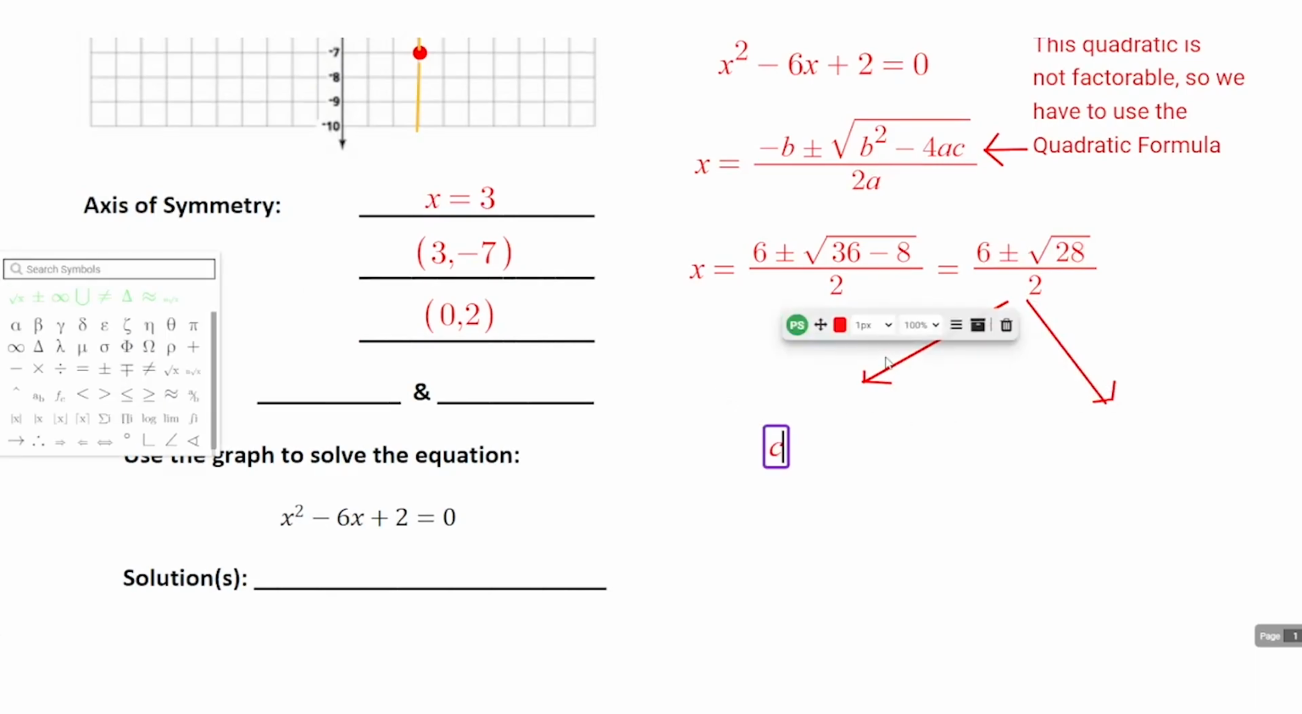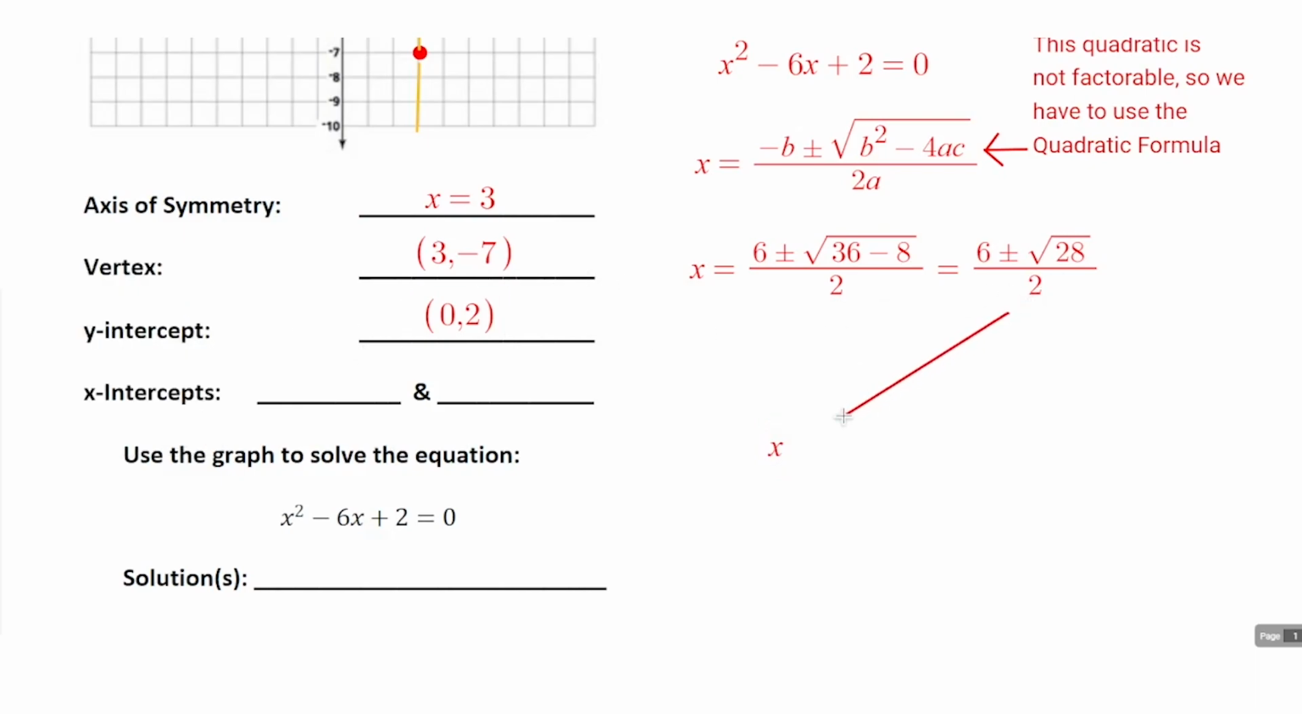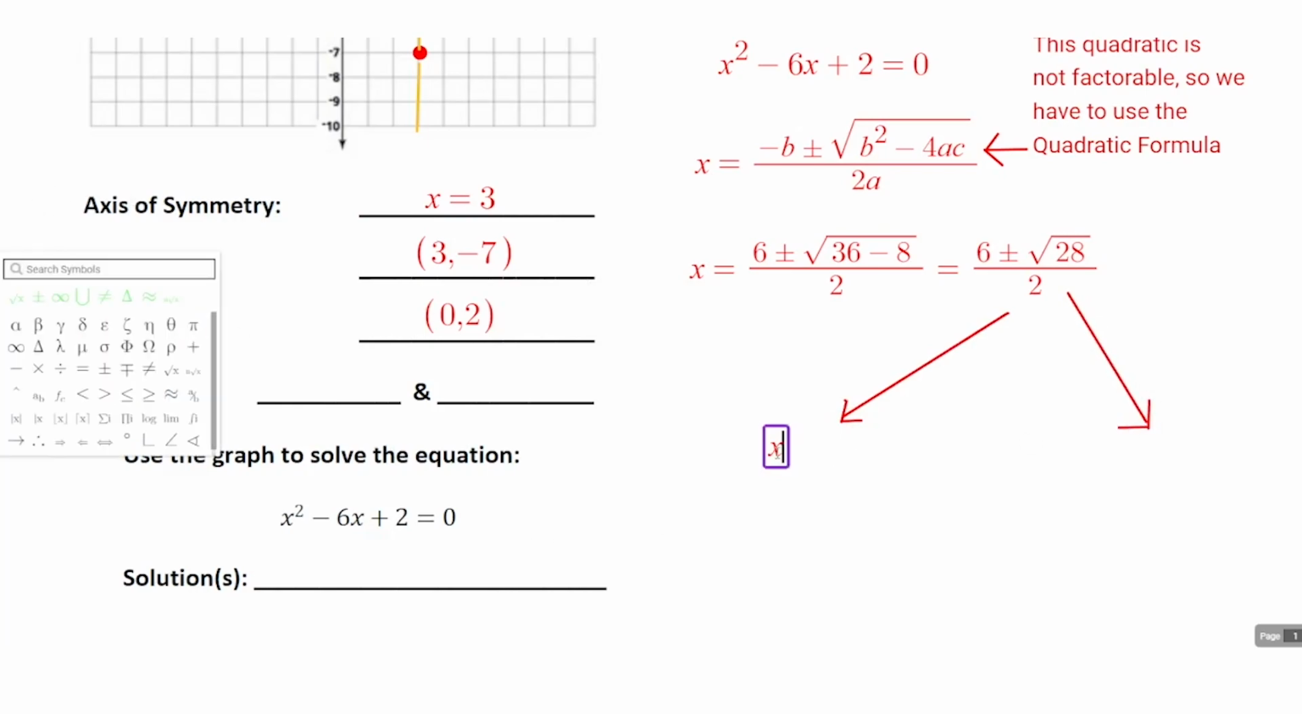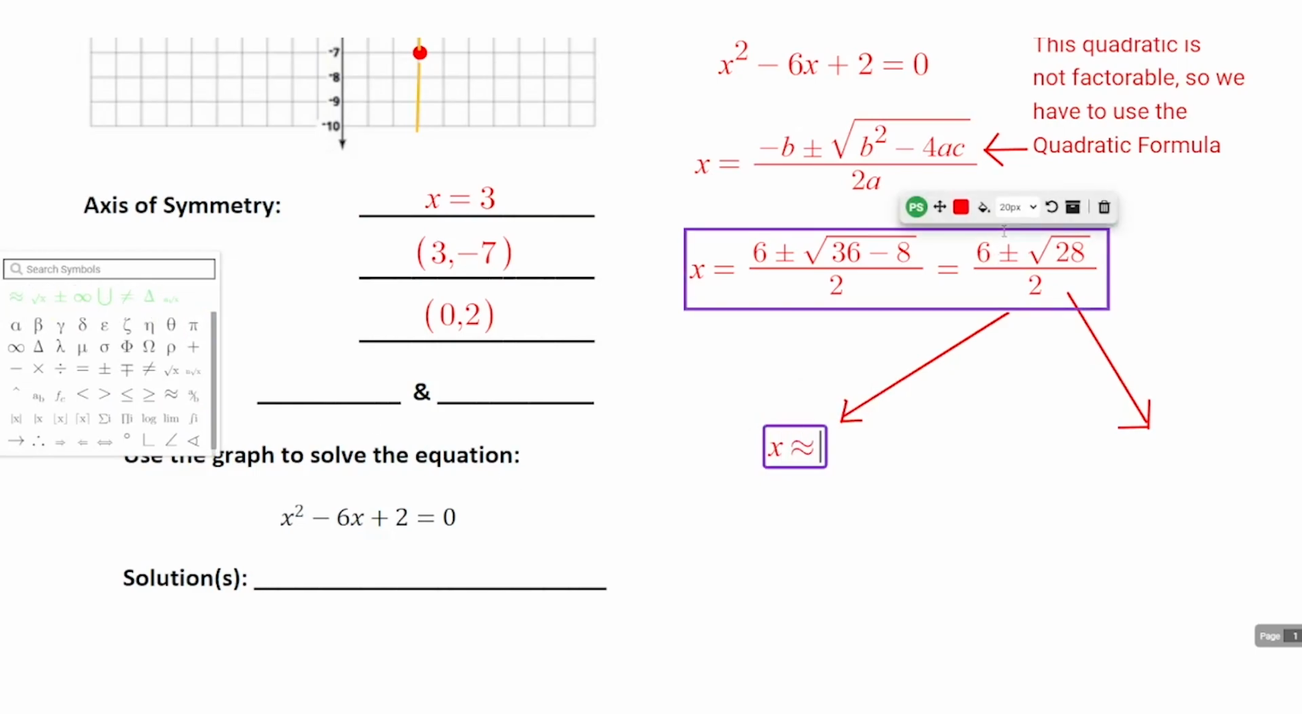X is going to be approximately, and this is something I'll put in the calculator, and my arrows just disappeared inexplicably. Not sure what's going on there. So X is approximately, and I'm just going to type this in the calculator. So you can't really see me, but I'm going to the calculator here, typing in 6 plus the square root of 28 all over 2. I get about